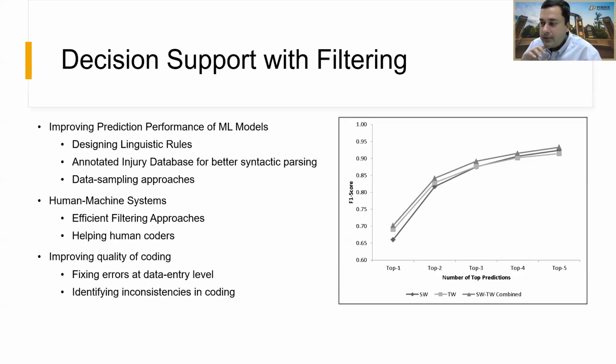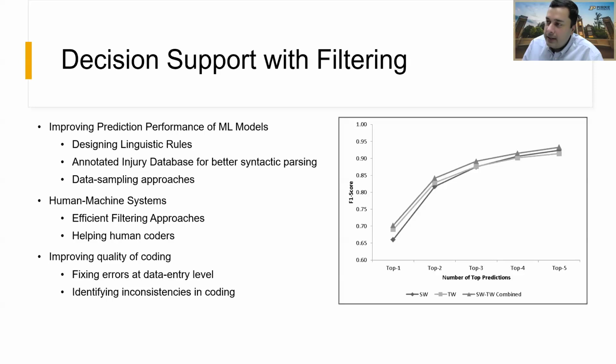system at the Queensland Injury Surveillance Unit, and there is another paper that we did in 2023 where we looked at the impact of this decision support system. It helped in improving the coding time as well as accuracy. The coding time was improved by around 11 seconds, and the accuracy was improved by, I don't remember the overall improvement in accuracy, but it helped in coding the data faster as well